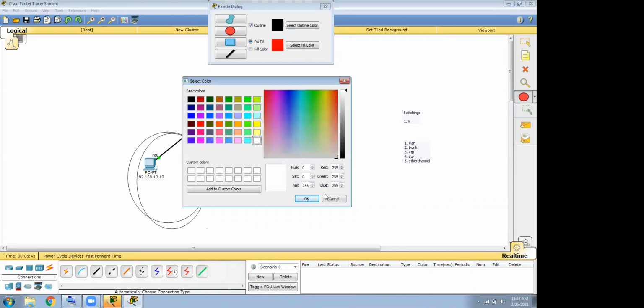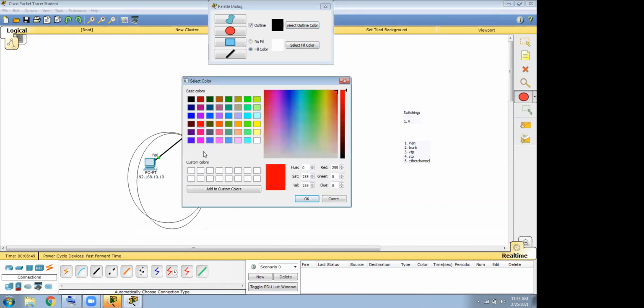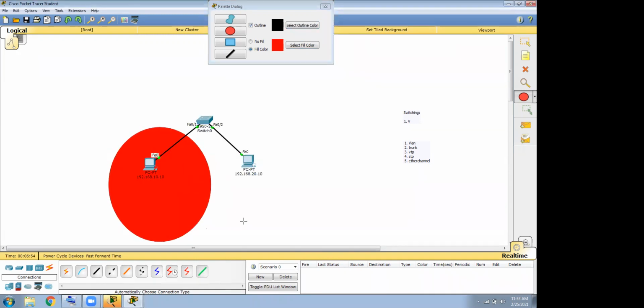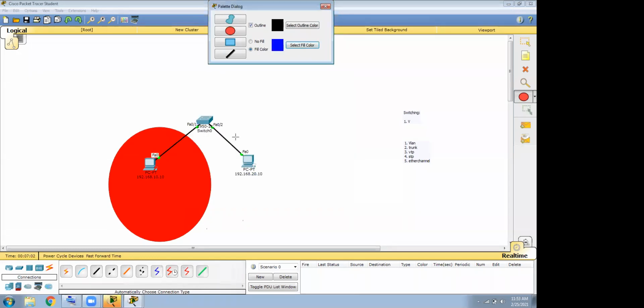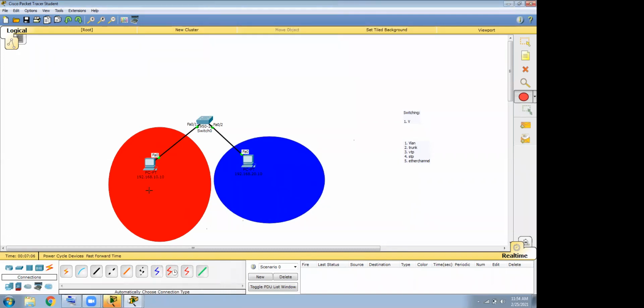Select the color and fill color. This machine is in VLAN 10, the red VLAN, and the other machine is in the blue VLAN. So whenever you say a new separate VLAN, it means a separate network.